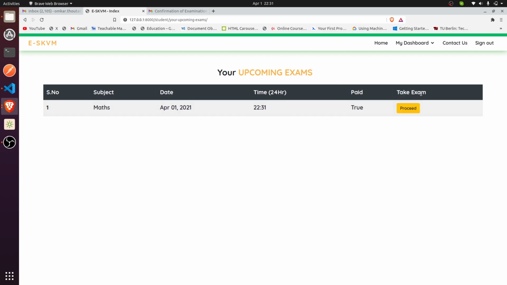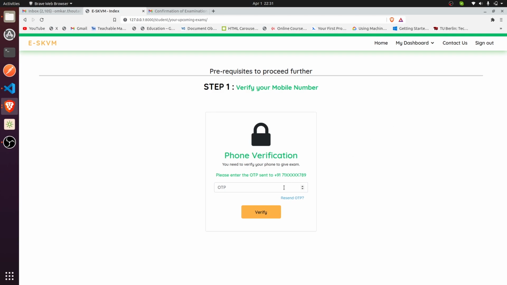After the timer, you can see the button. There is a proceed button. When you click this, it is asking for the phone OTP verification. Here I have disabled the OTP verification as it is a paid service. We get only 50 OTP messages for our testing purpose, and that were completed. So it is actually working.